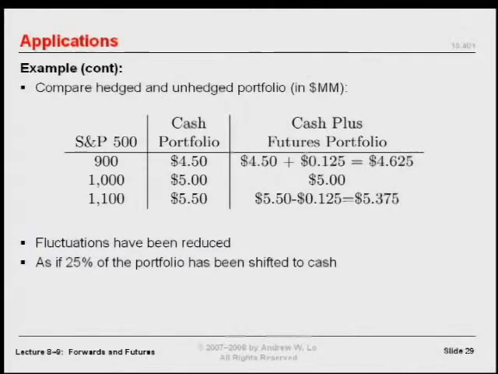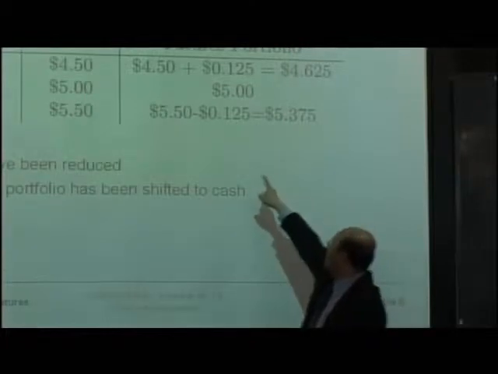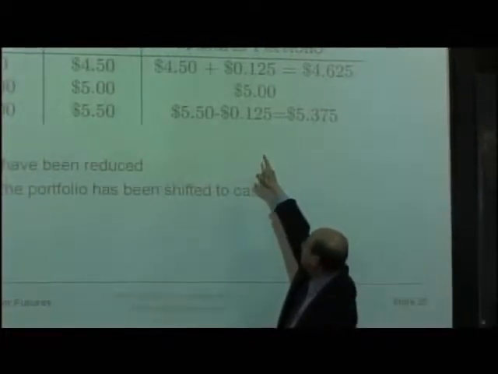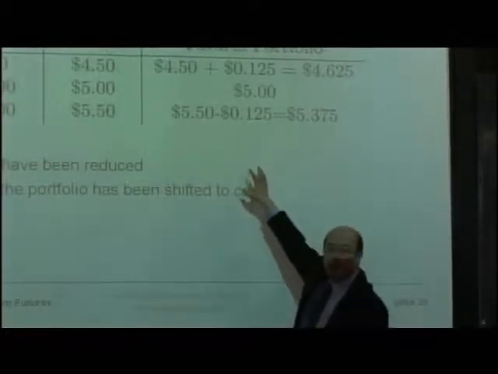Now let's see what happens if you don't do anything with the cash portfolio, but you simply short sell 5 S&P futures contracts. If you do that, then obviously if the S&P doesn't change, nothing happens to your portfolio. But if the S&P goes up, you're going to lose money, in the sense that your short positions are going to cost you